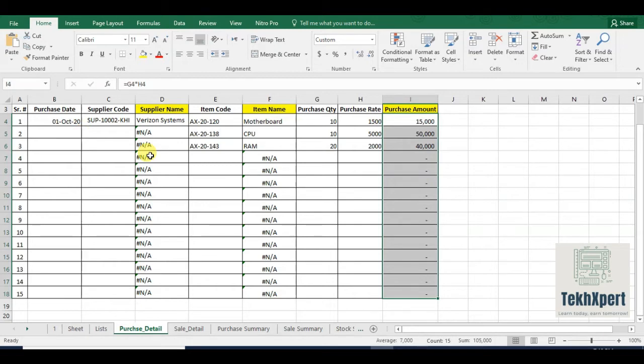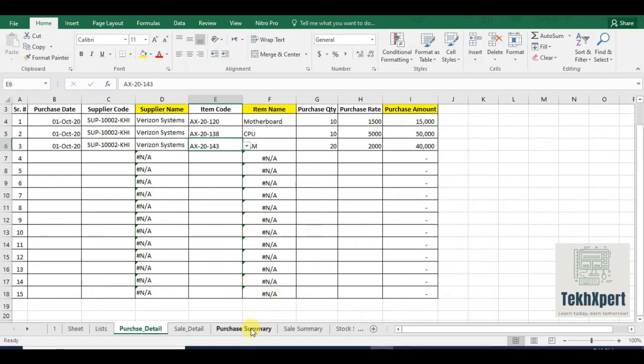Okay, so when I receive more than one good from a single supplier, I will repeat the data against each item, because this supplier code is linking with the item which is provided to me. We cannot have these fields blank when there are some items. So this is the purchase detail. I have entered only a few lines just for your understanding. When you practice and understand this in depth, you can enter much more data.